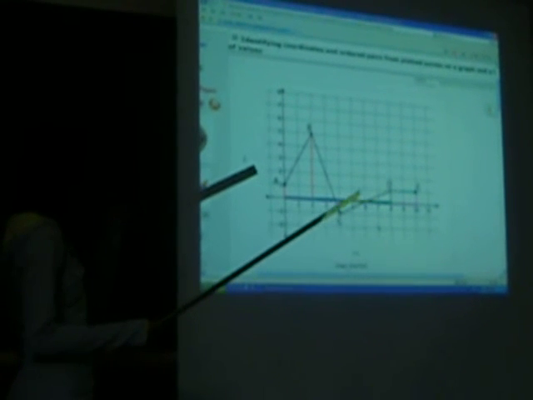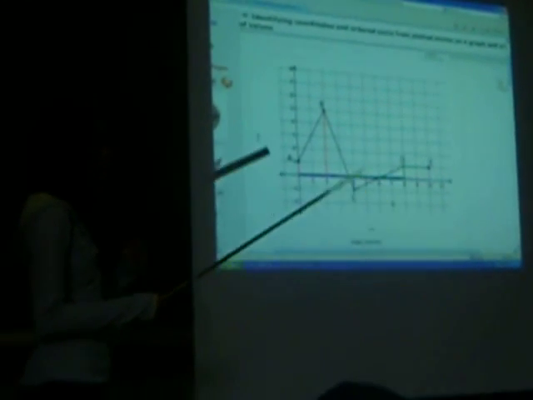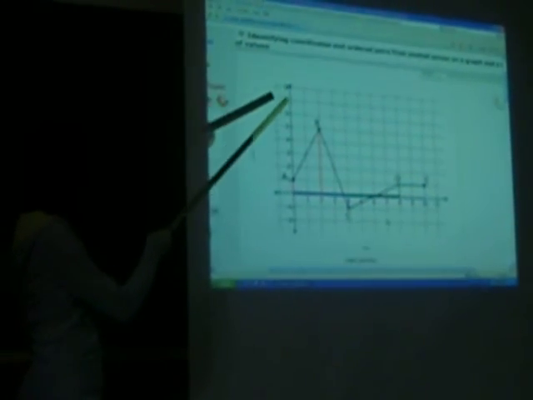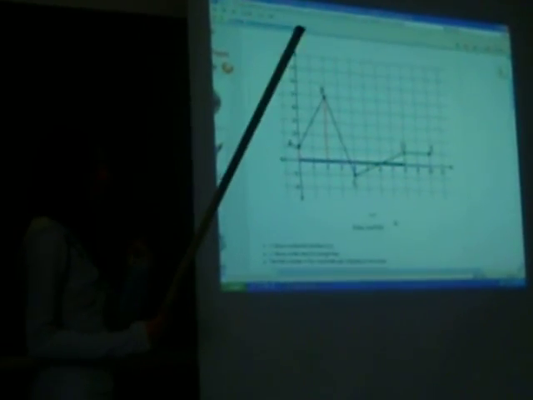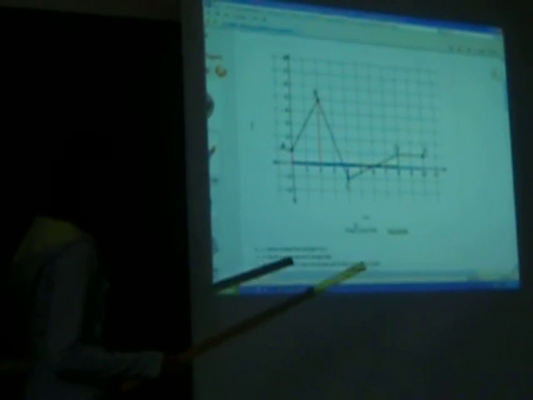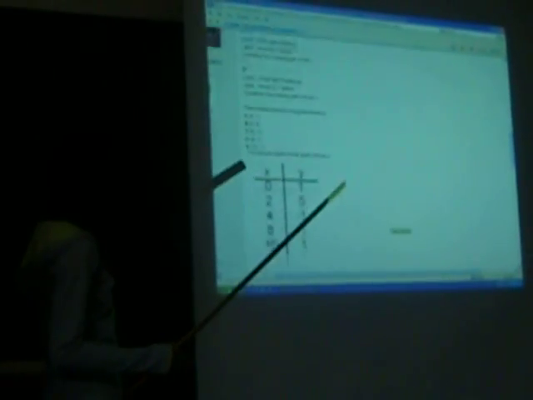So whenever y is going down, or x is going to the left, it's going to be negative, and for x going right, or y going up, it's going to be positive. And then if you want to read it from a table of values, when you're writing